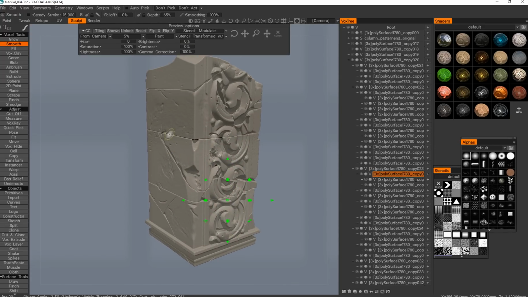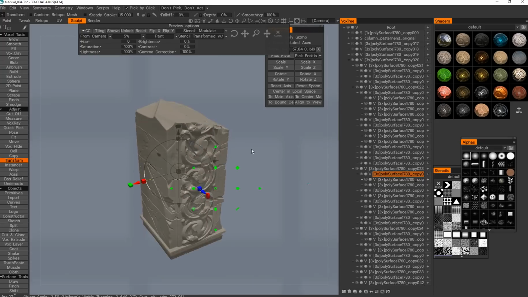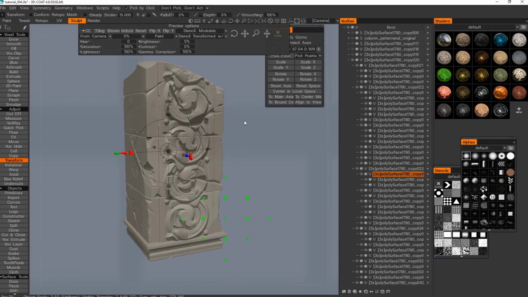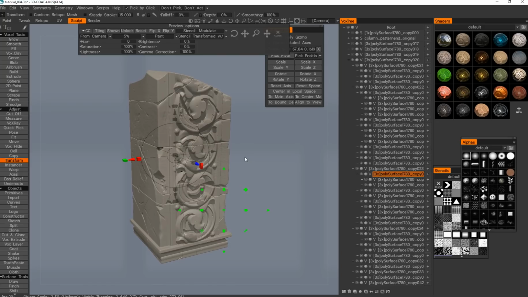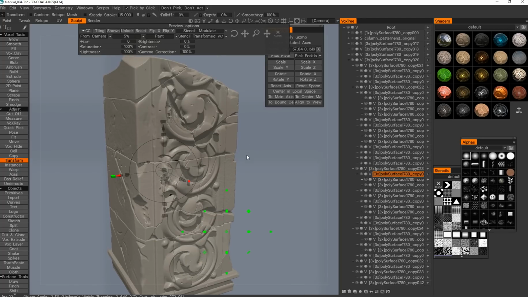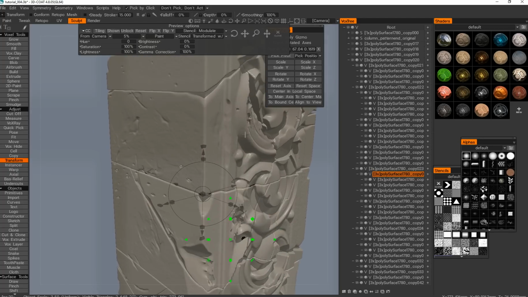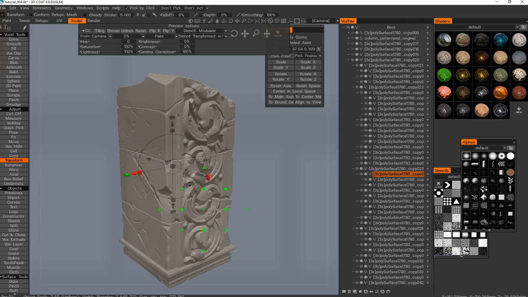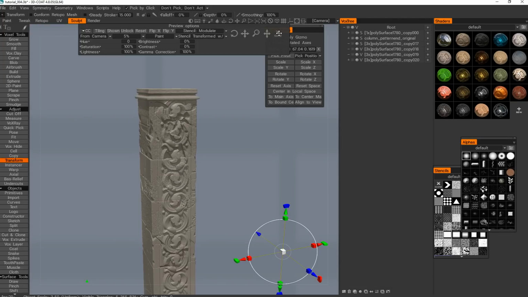Alright, so this is really all my techniques to go about the destruction modeling. It keeps it pretty subtle. Just try not to overdo it. And for the end, I just wanted to show you a few